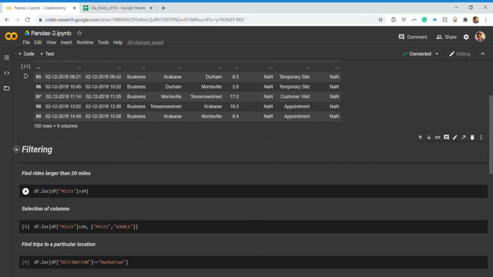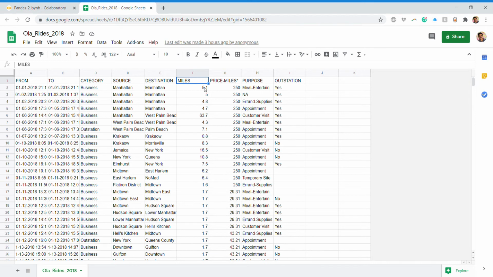Basically, as I mentioned last time, we have loc and iloc. We don't go for positional indexing, but instead we go for label based indexing, so for that we mainly use loc. In loc I want to access this particular column, which is nothing but miles.